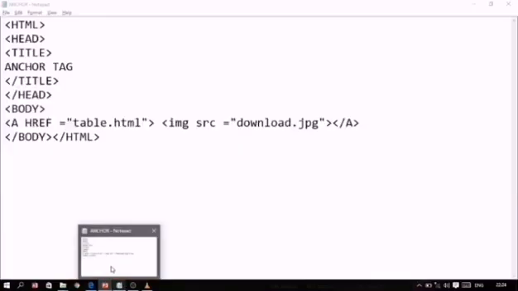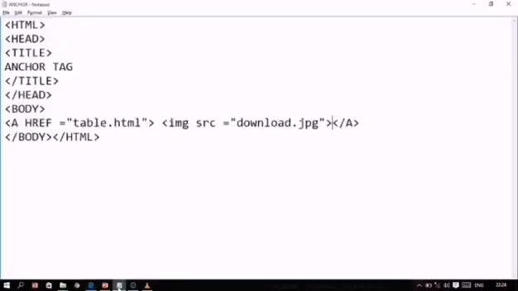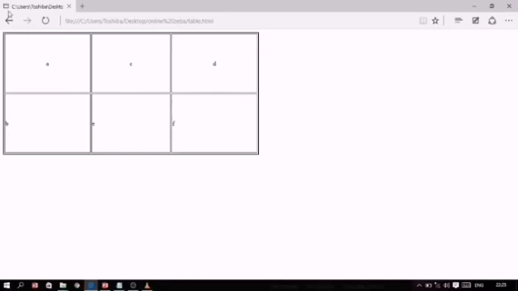For example, here, when this image is coming, we do not have an idea what information will display on the screen. Because of this, we can give some small text in the title attribute. For example, here I have written table. So when I bring the cursor on the image, that text will be displayed.